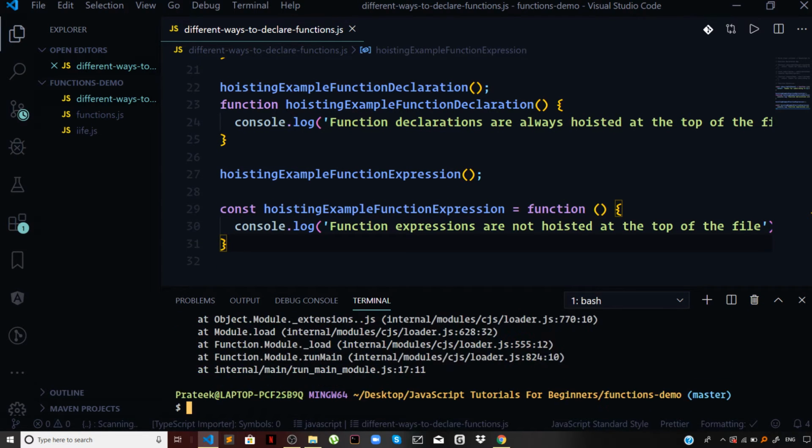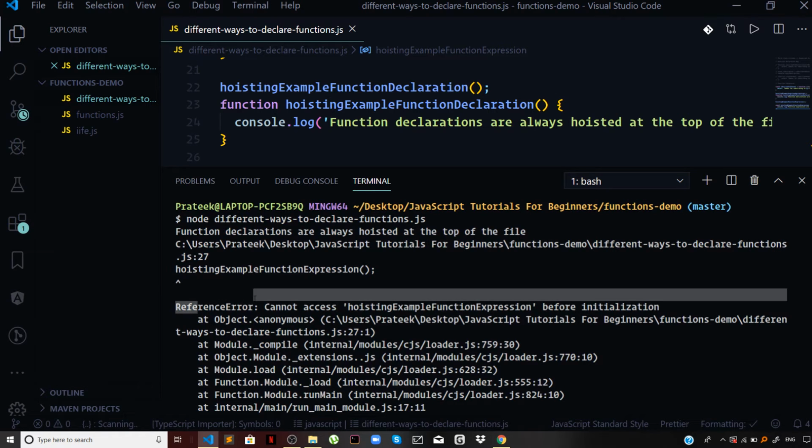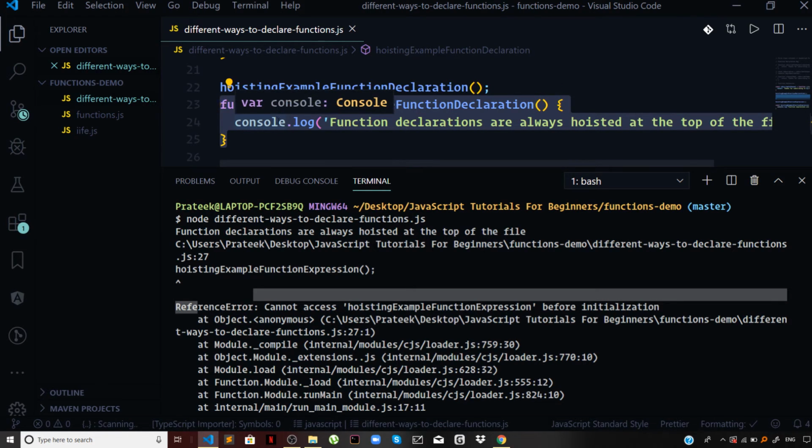So I will invoke the script, and you can see we are getting an error. So what is the error? It says reference error. Cannot access hoisting example function expression before initialization. So it says we cannot access the function right before the initialization. In case of function expressions, the definition of the function will not get hoisted at the top, so you cannot invoke it. So this means that function expressions